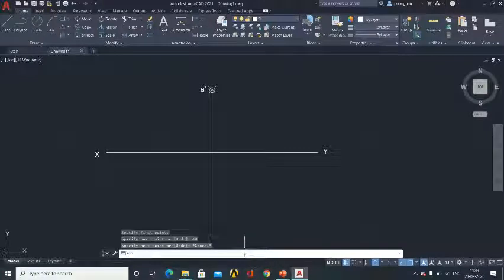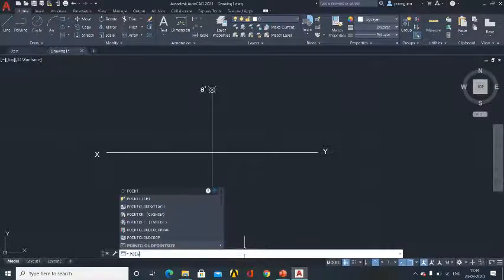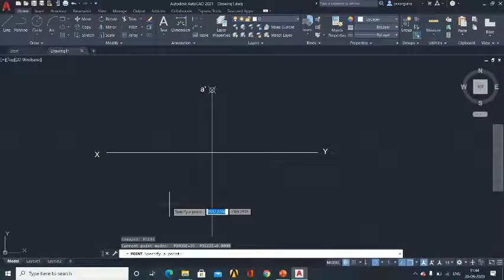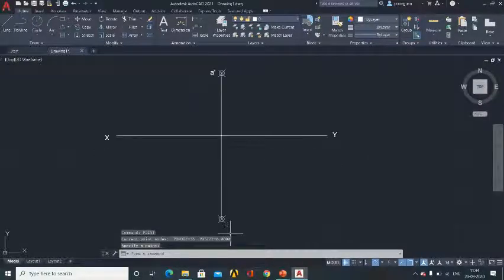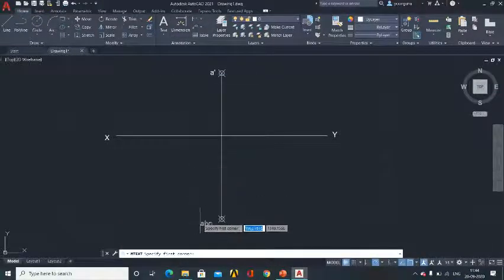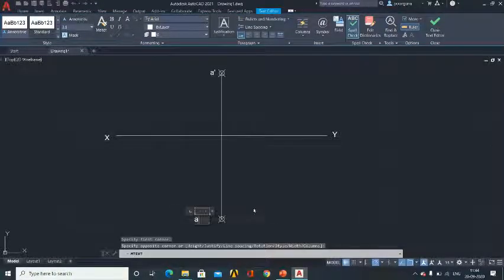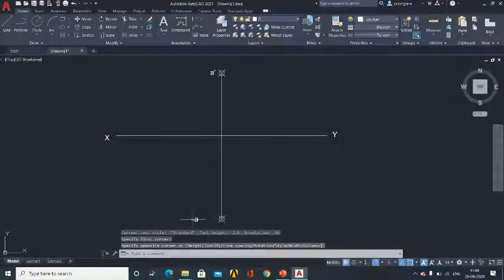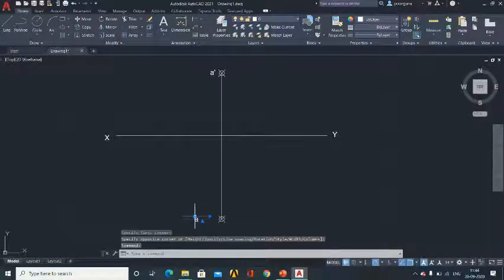Then I need to specify the point. So I type point, select the point. Since we have already selected this point type, the same will come here also. You can see here the same point size is coming. So next we need to define A. So we specify the first corner, second corner, and you type small a. So I click somewhere else outside, so you got the A. So that's all. We have completed the projection of points in the first quadrant.